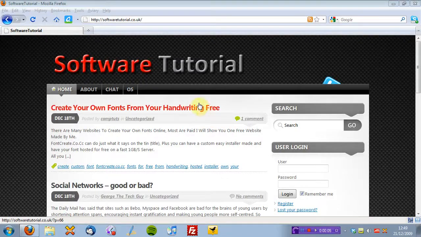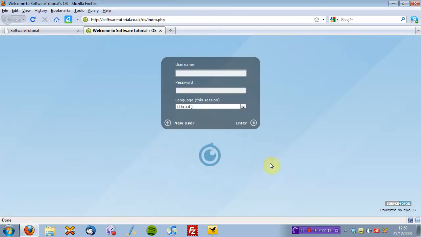Hey guys, in this tutorial I am going to show you the OS on my website. You can either click the OS button or go to os.softwaretutorial.co.uk. If I press that, it will take you to this page where you can log in. It's called eyeOS. It's basically a cloud operating system,